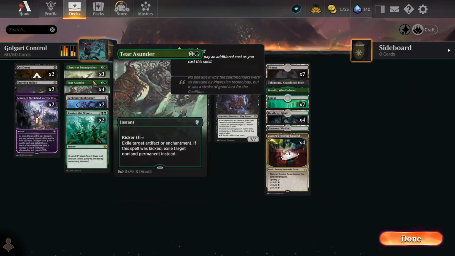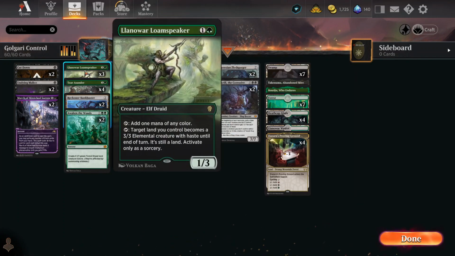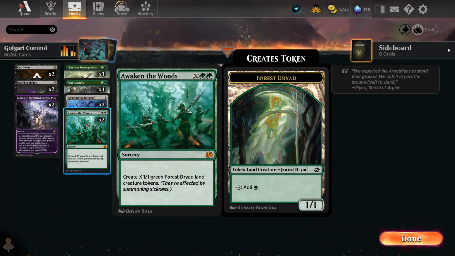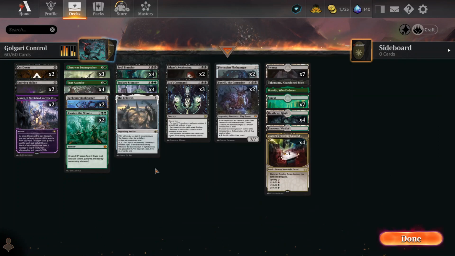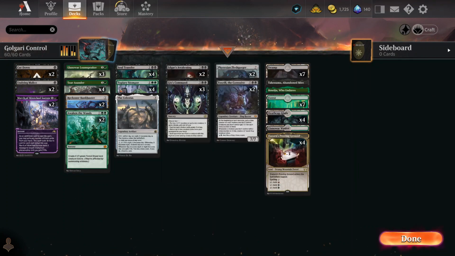So what we got is a lot of green, and most of the green is about getting out mana, right? We got Llanowar Loamspeaker, which acts as a mana of any color. We'll skip this one because it has nothing to do with it. Awaken the Woods puts out a bunch of dryads, which all act as mana because they're all forest lands as well as being mana dudes, right? We got Topiary Stomper. When you put it out, it puts out a mana. So this is fast mana too. Each one of those injects an additional point of mana that you normally can't do. So you have more than one mana being put out per turn,